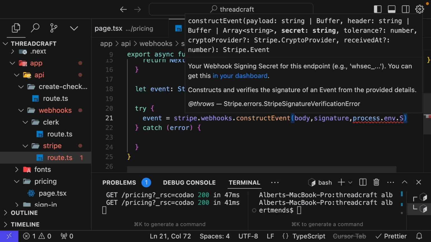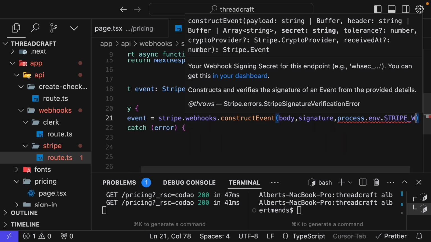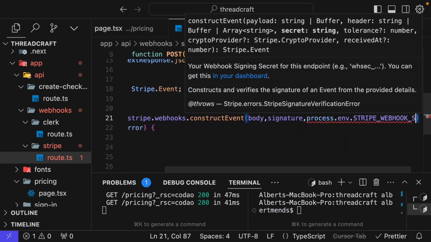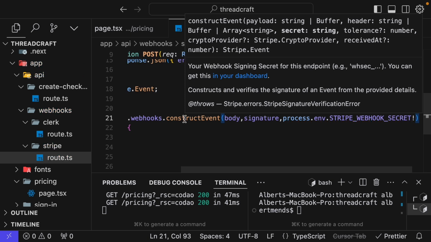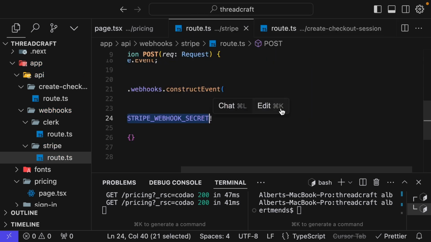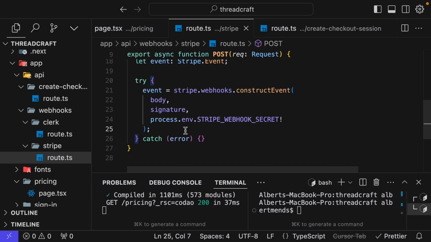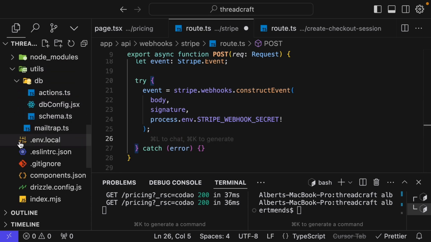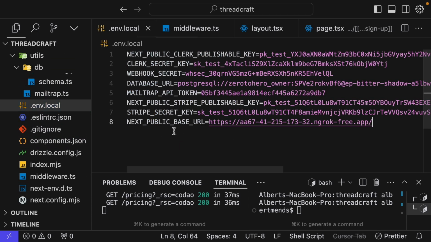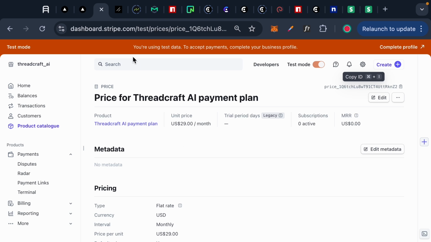Let's go get that, the Stripe webhook secret. Give this a save, and it's back to our .env.local. Paste that here. So back to the Stripe dashboard, we are going to search for webhook over here